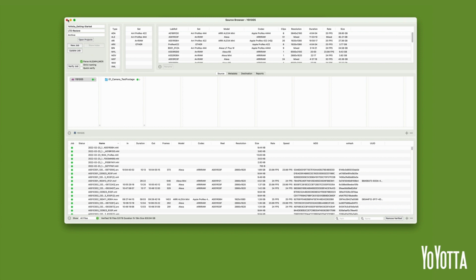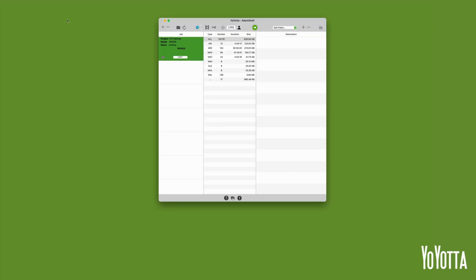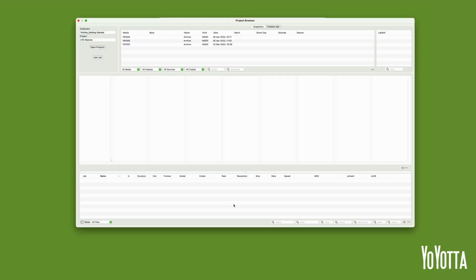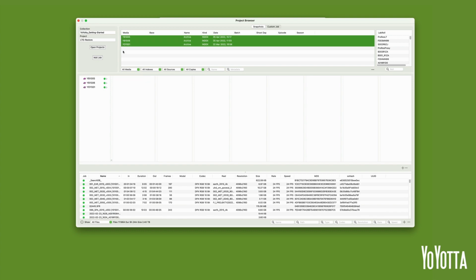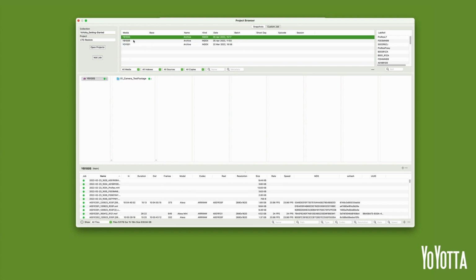Close the source browser. Once we have a snapshot saved, we can use the project browser to search and restore files from the tape. Click on the book icon at the bottom of the panel to open the project browser. The snapshots list will populate and I'll select the YB1005 index snapshot. This will load the contents of the snapshot into the file browser and file table. If I want to search across multiple tapes, I can command and click multiple indexes and they will appear in the file browser. I'll hold down the command key and select